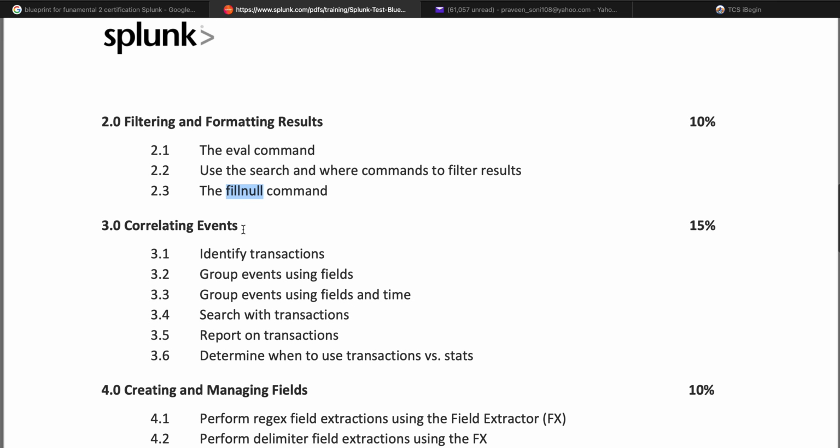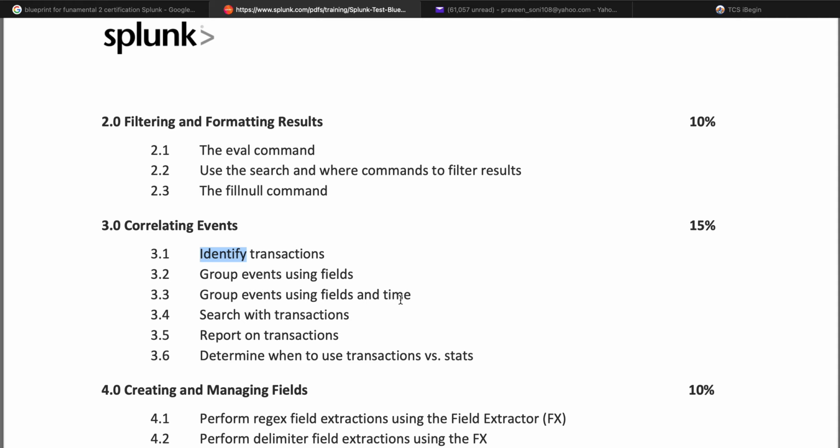Also, correlating events covers 15% of questions. So 15% of the questions come from correlating events. How are we going to correlate the events? Identifying a transaction, grouping events using fields, and using time.